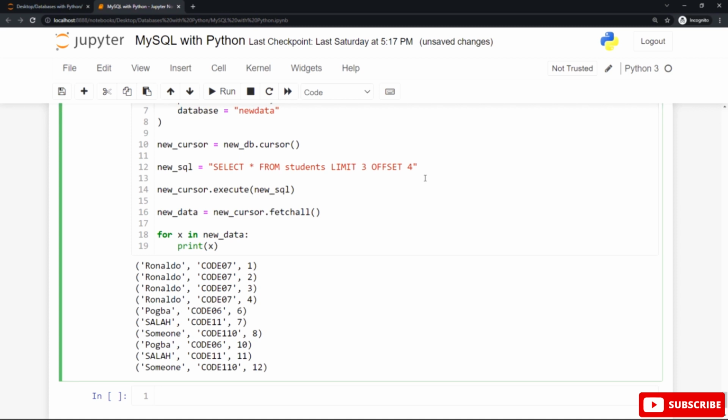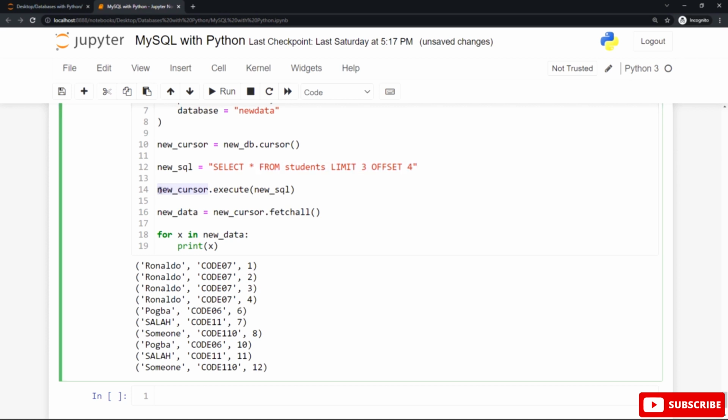You can see in this example here the offset keyword after the limit keyword. So what is the meaning of that? The meaning of that is we want to select only 3 records after the 4th record. We want to select the record number 5, the record number 6, and the record number 7 from the table called students by using this statement here and the execute statement to execute this MySQL statement.